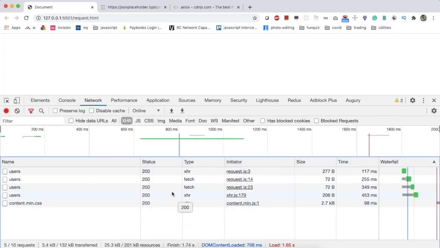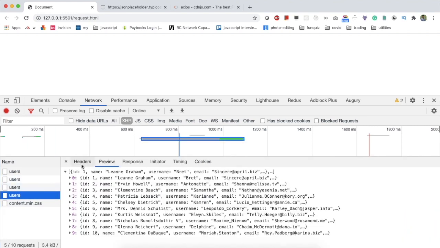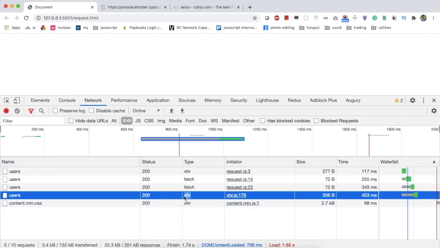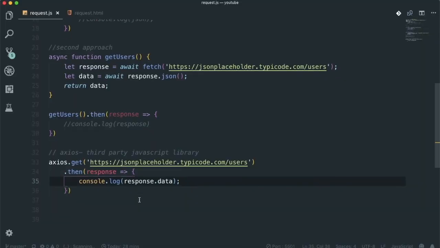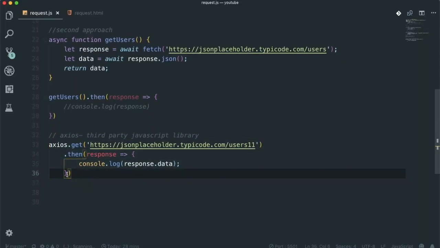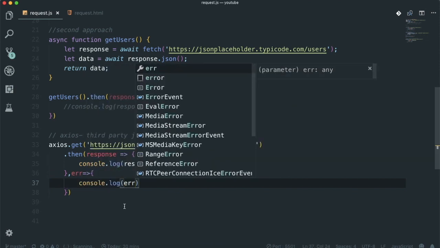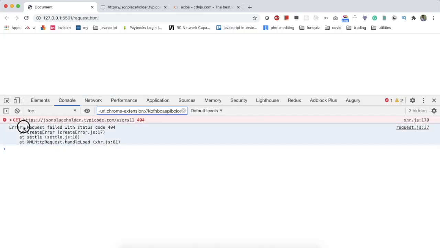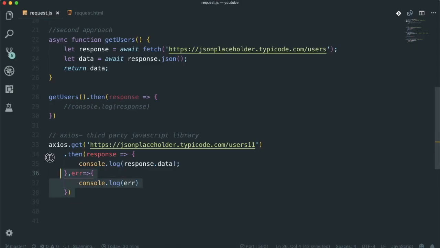You can see even Axios was built on top of XML HTTP request. You can see in the network tab, and the error callback function will be there. It will throw an error if something goes wrong, like I have made a URL wrong, that's why it was throwing an error. It will go to the error block. By this way we can use Axios.